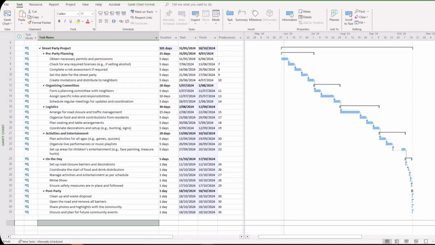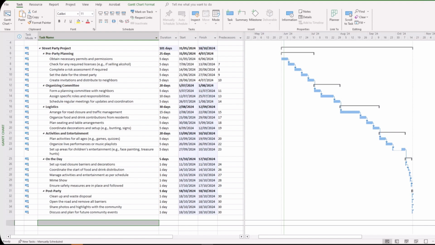Now, before getting acquainted with Microsoft Project, such as the case with any computer program, it's always a nice idea to research and find out where the shortcuts lie. And Microsoft Project has dozens of keyboard shortcuts that can really help you along the way in your project work.